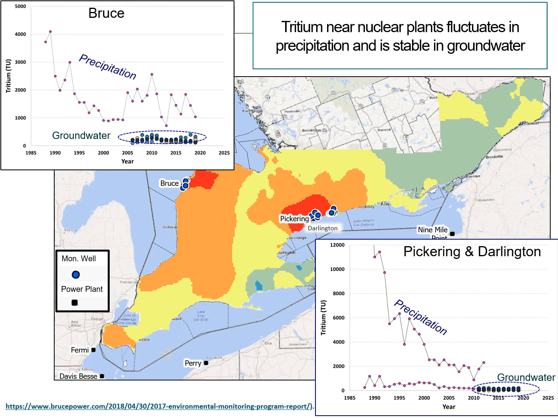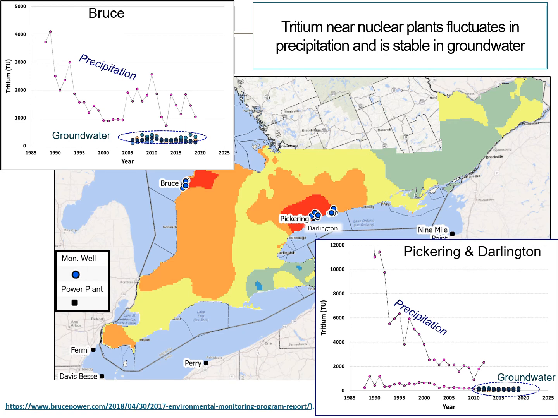So for our tritium interpolation to provide an accurate recharge end member for shallow groundwater at any location in Ontario, the tritium in groundwater has to be pretty stable over time. And we've seen stability in annually averaged tritium data for Ottawa precipitation. I showed this on my first slide, but what's happening near the nuclear plants in precipitation and in groundwater? We plotted long-term monitoring data from the Bruce nuclear site and the Pickering and Darlington sites.